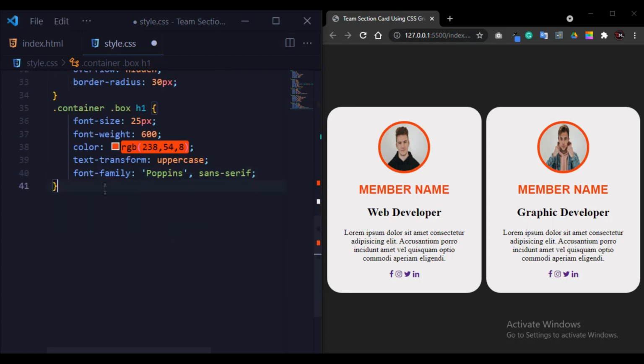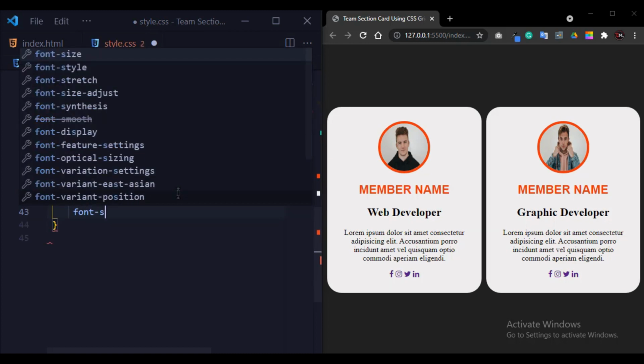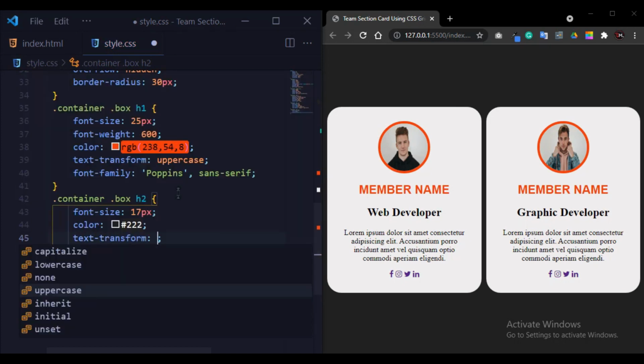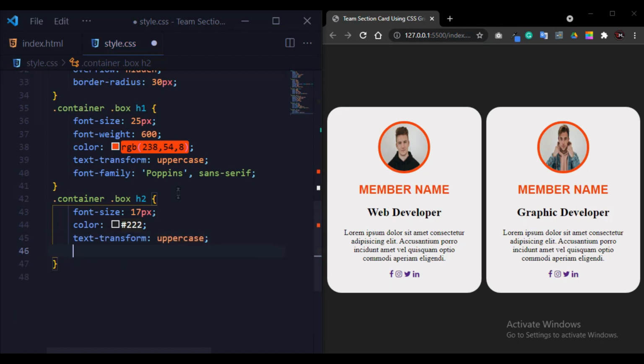Okay, so now write some CSS for the title. So simply h2, font size 17 pixel. Now we'll change the color, hashtag 222, that is black. Change the text transform to uppercase. Give some opacity 0.4.